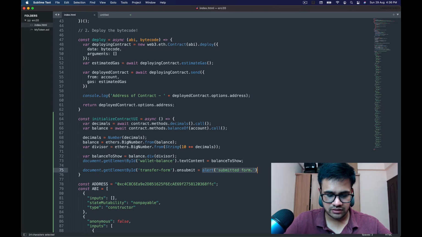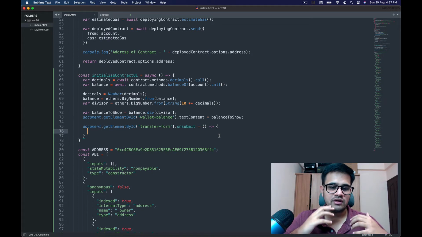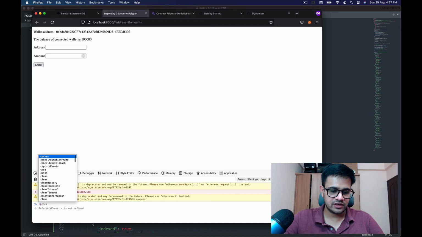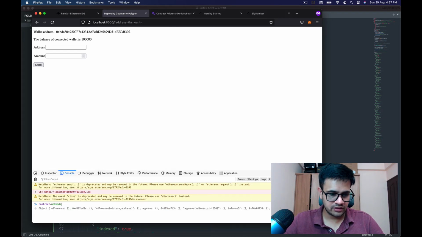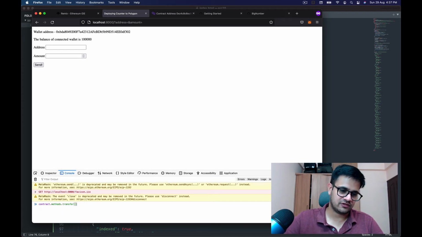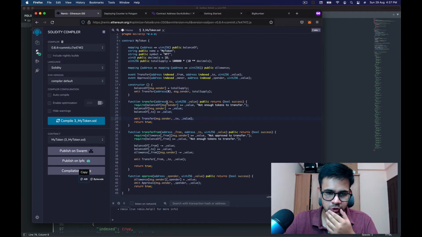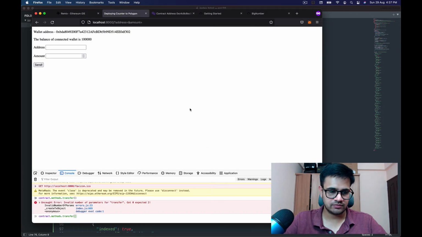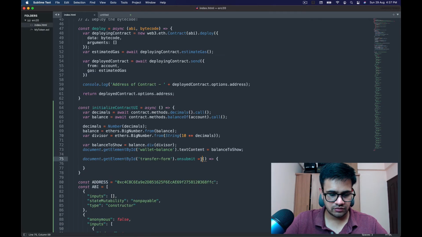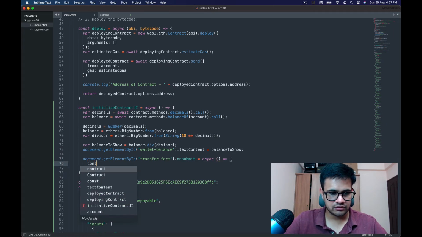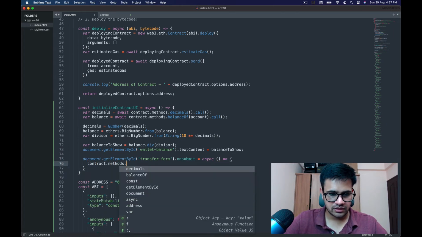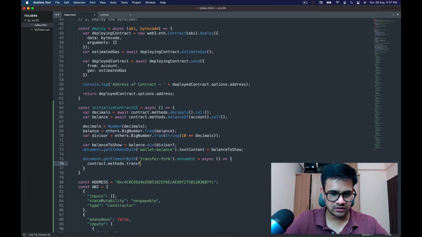Instead of that, now let's add a function over here. Now what should go into this function? We'll go and see what is the contract method that helps us transfer, and the name is transfer. It requires two parameters: who we are sending it to and the amount of value that we are sending. Awesome. So to do that, we're going to make this async. We are going to use our contract methods, and then the name of this method is transfer.